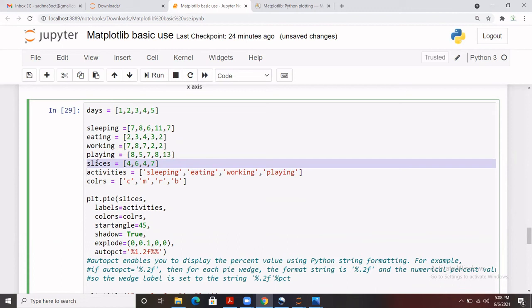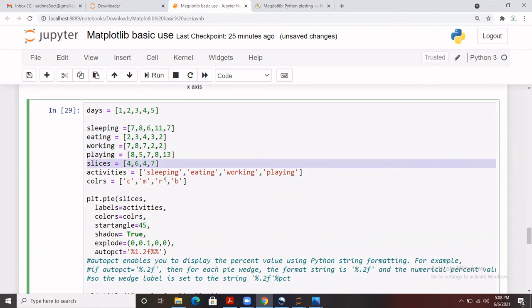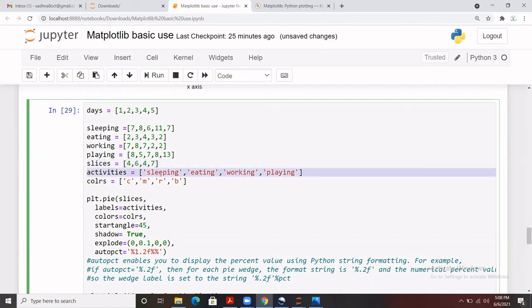Slices will take all the data that we have in these four different activities and distribute it into these slices. The first activity is the first part of the data, 6, 4, 7. You can make changes to it. Then the activities are like this, and these are the colors that we have put in.